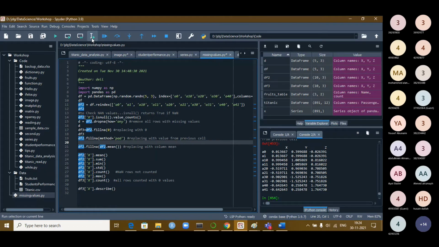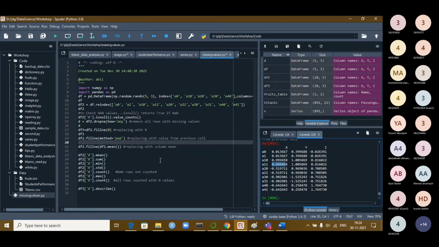Okay, now you can see the values. Let us say this A1, previously having 0 value, is now replaced with 0.01367, which is the previous value. Same thing here. This was 0, it is replaced with this one. Like that, it is always replaced. In all the columns we have done the same. So in each column, you pad it. Pad means the previous value you copy to the next one.